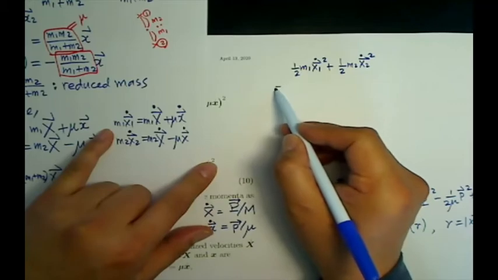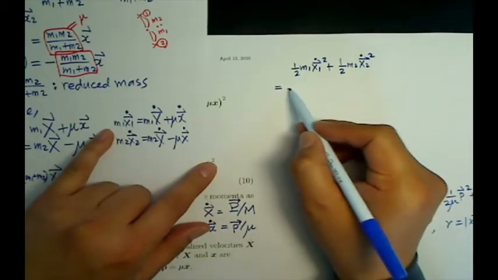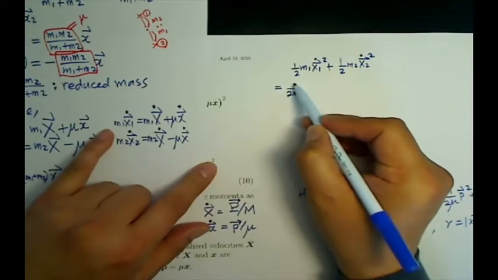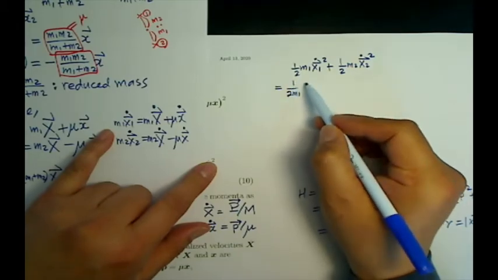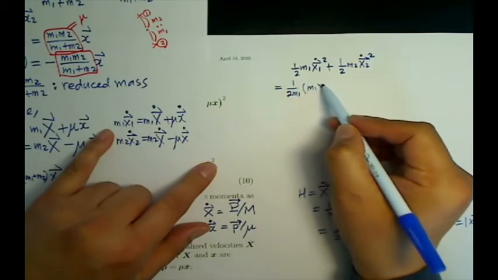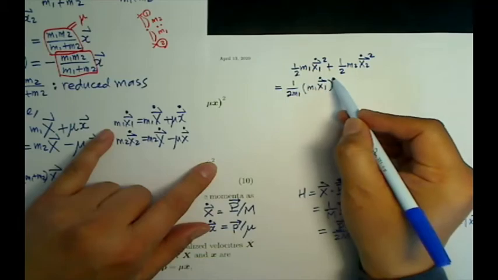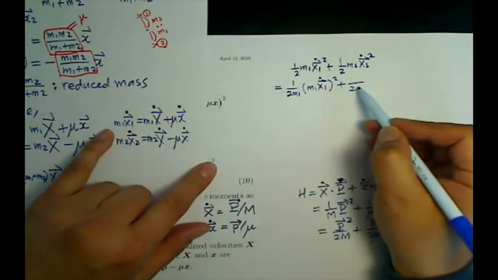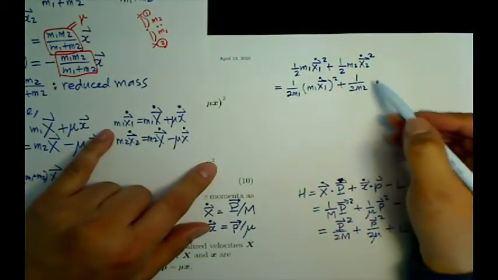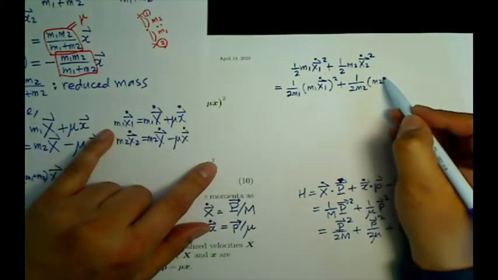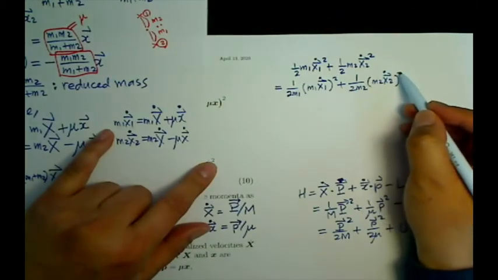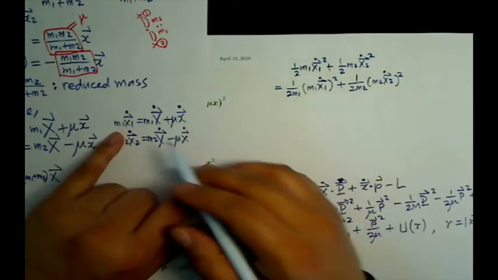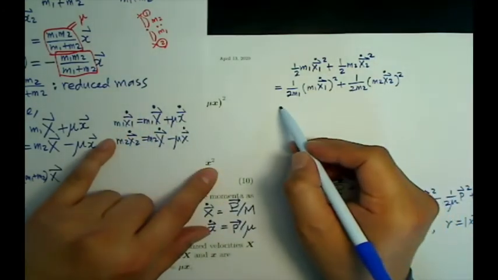So I would use p1 squared over 2m1 and p2 squared over 2m2. Okay, so if I substitute this one in here,